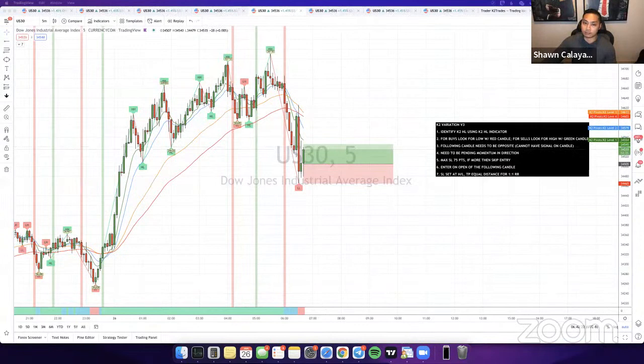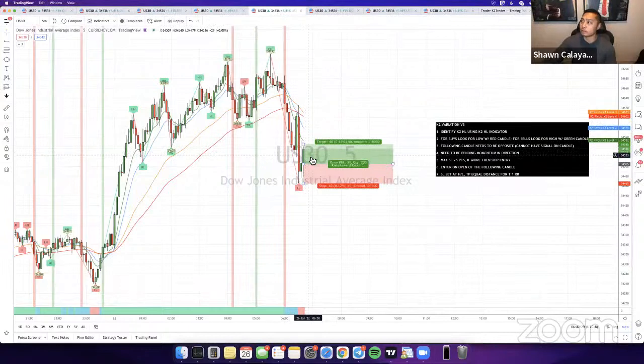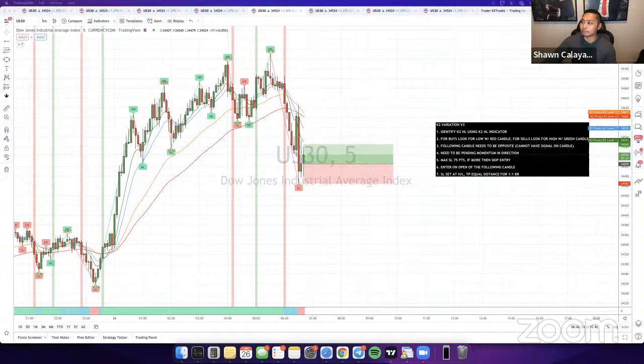I had to take a loss on that because it looks like a lot of you guys actually made some money off that. If you guys are still in the position, I recommend you either move stop loss in profit or close it out in profit. Looks like it's gonna hit TP, but yeah, my stupid MT4 kicked me out. So yeah, guys, if you're in the position, I do recommend that you move